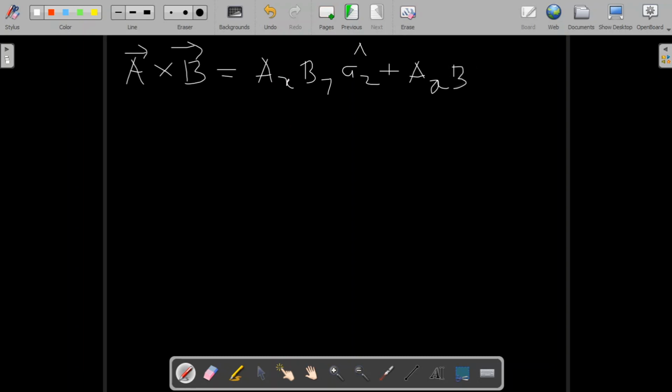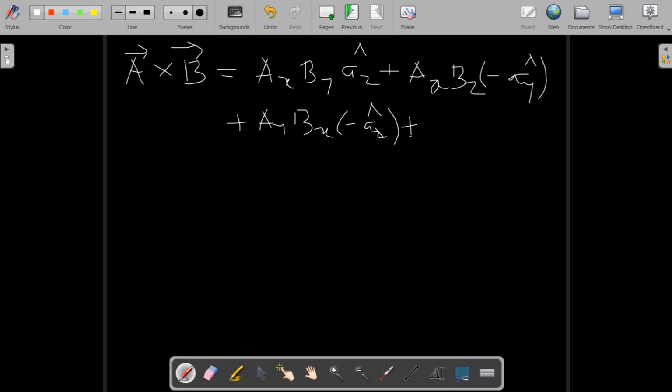Ax bz, I have ax cap cross az cap. So this will be minus ay cap, right? Minus ay cap plus ay bx minus az cap